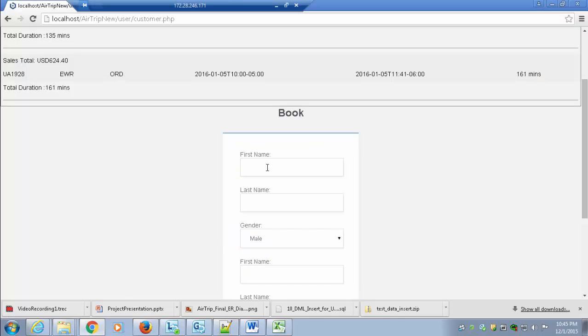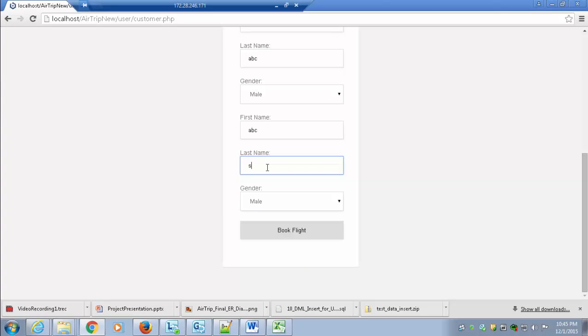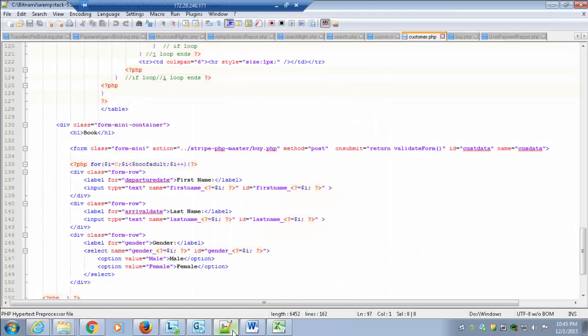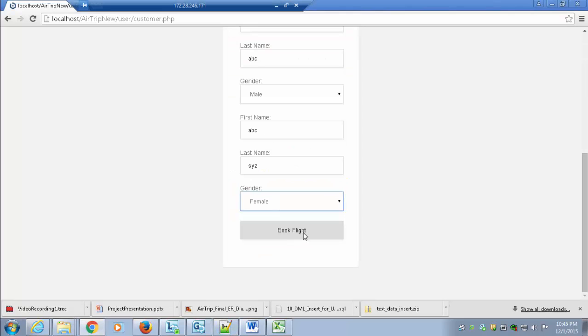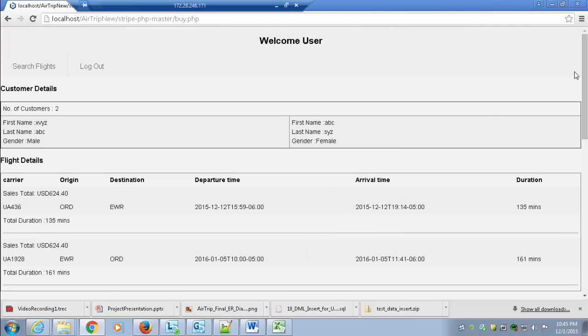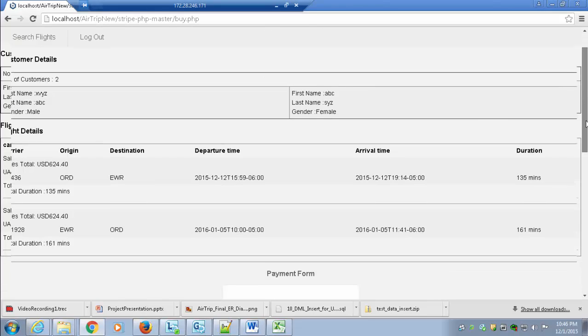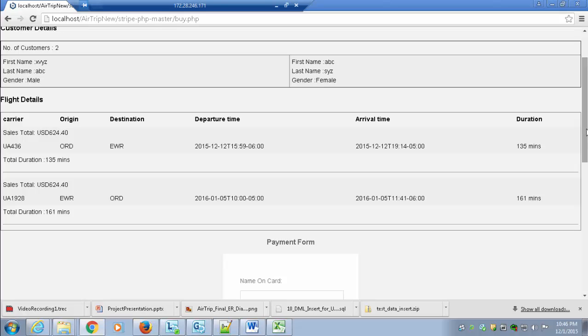So out here now, if I give the information of the traveler, and then if I give just female, so when I book flight, it would take me to the buy.php page. So now this page has all the customer details which are going in the flight along with the flight details, and this is a payment form.